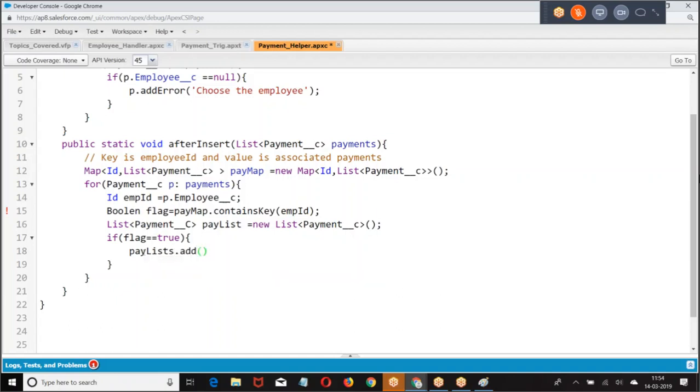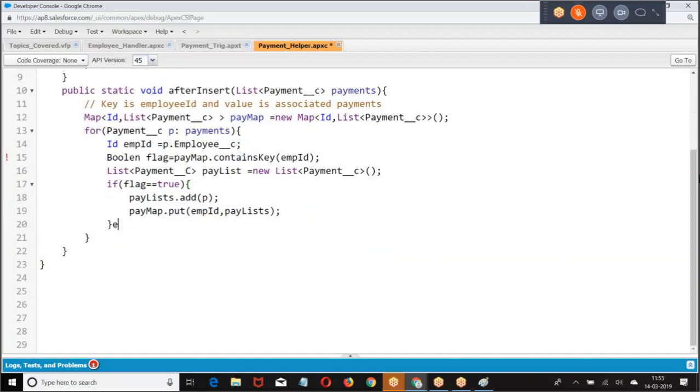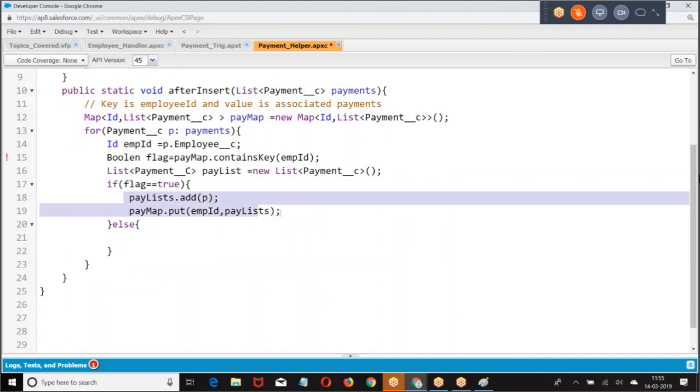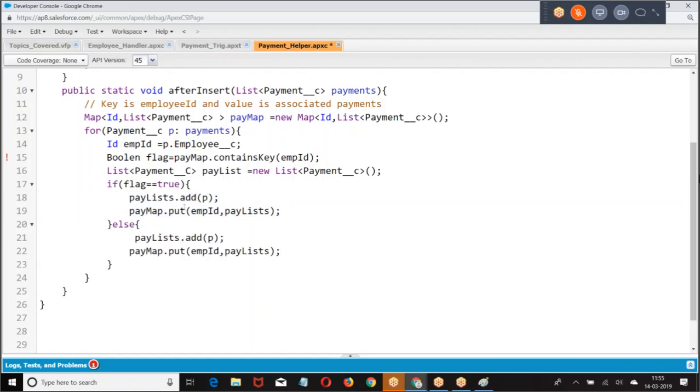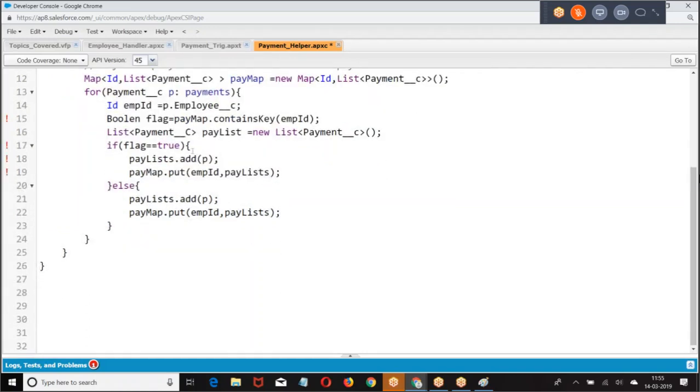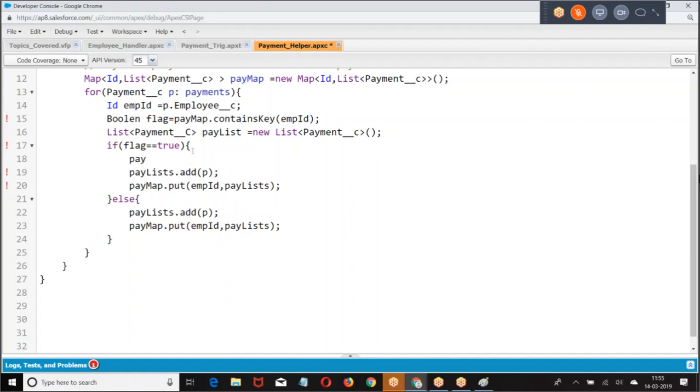Play list dot add, then again put back to what is the map name? Pay map dot put employee ID comma the list. If it is not there, now here I was supposed to make one extra statement. What is it? Play list equal to pay map dot get of, get the existing list,